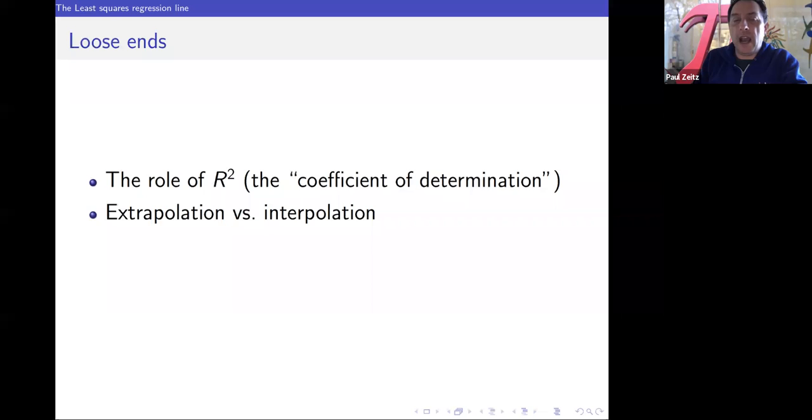And then I have another loose end, which is the notion of extrapolation versus interpolation. When you're using these regression lines, if you go past where the data is, and I did that with the first of the Anscombe quartet, you're always in danger of losing. You're always in danger of leaving where the data makes any sense. Interpolation means you use the trend line inside your data zone, and that's generally safer as long as your data can roughly be, quote unquote, explained by the least squares fit line.